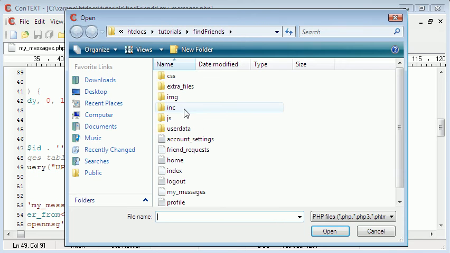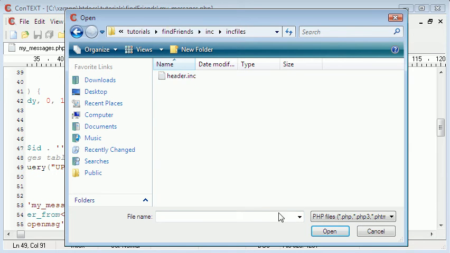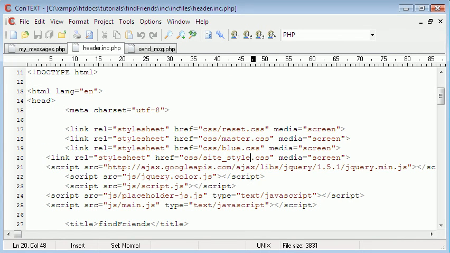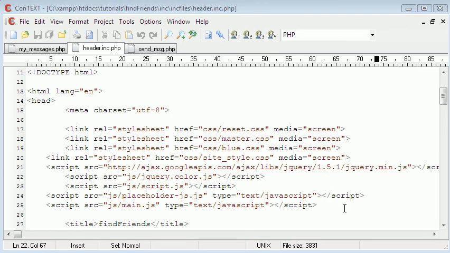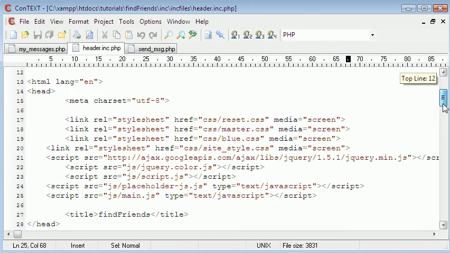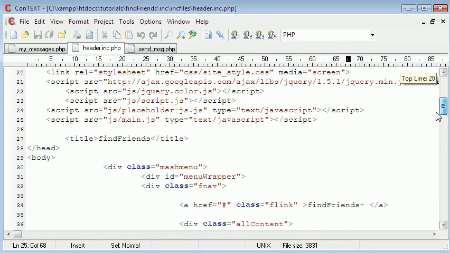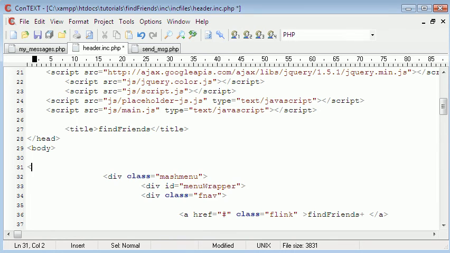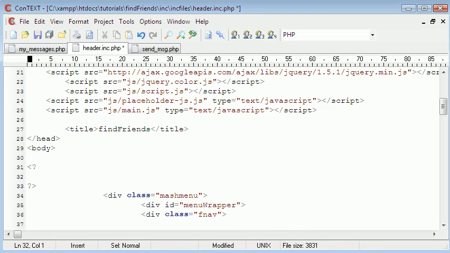So to do that, we're going to open up the inc scripts and header.inc, and I'm just going to find a place to put this code. So I suppose we could put the PHP code here, it doesn't matter really. The first thing we're going to do is create a query that's going to check the database for any unread messages. So we're going to say get unread query equals MySQL query